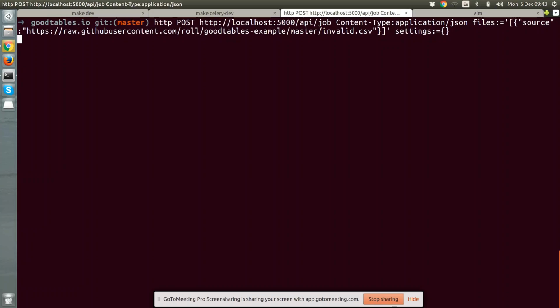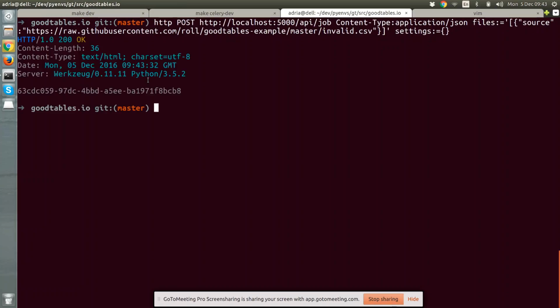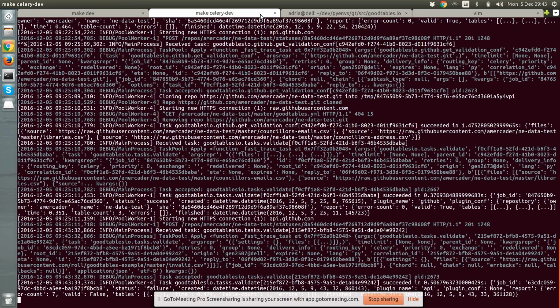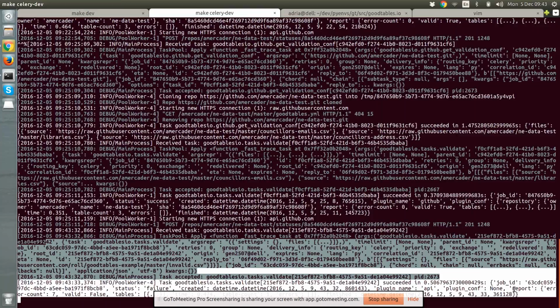And the API returns a job ID that I can use to track the status. Internally, this is the Celery queue, where some validation was done, and the GoodTables report was stored in the database. So now, if we query back the API with this ID,